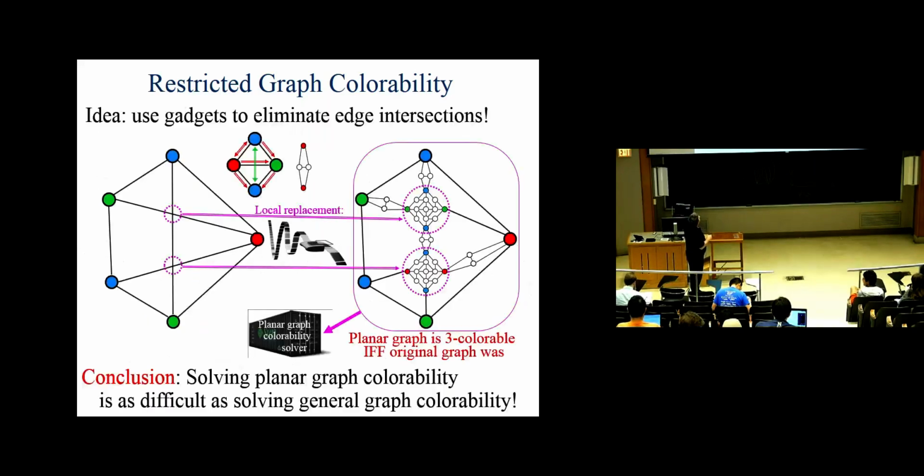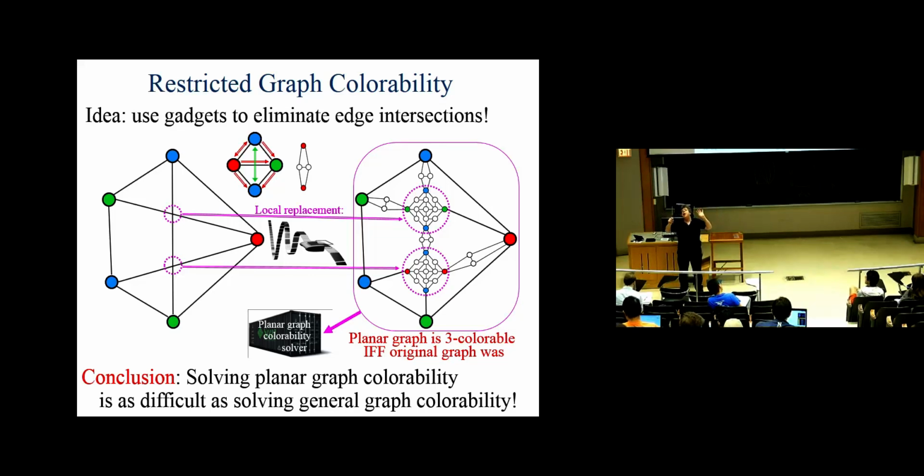So this local replacement that we're doing here, wherever you have two edges crossing, all you're doing is replacing that crossing section with the gadget internally here, and then the things outgoing from the gadget still go to the nodes that were the neighbors of this crossing region before. And it doesn't matter what these other colors are in those neighbors. In fact,